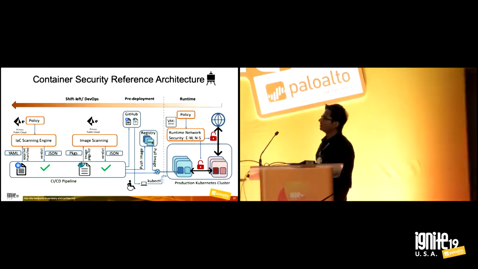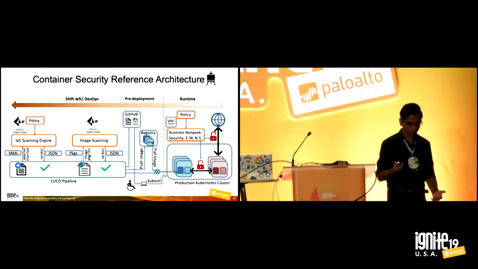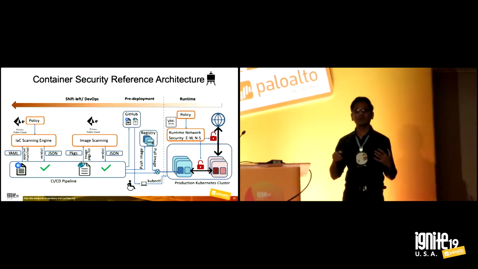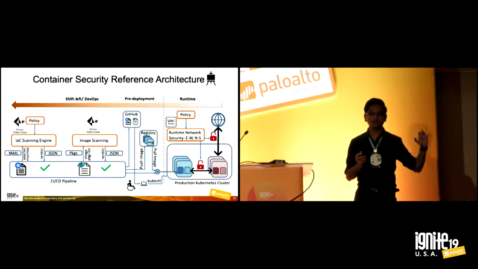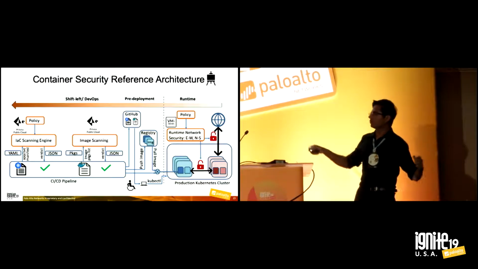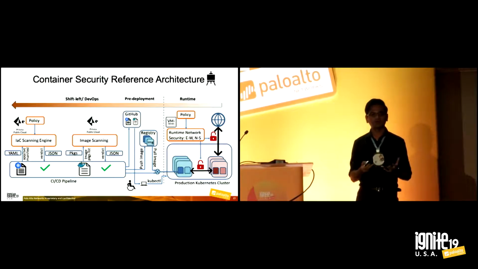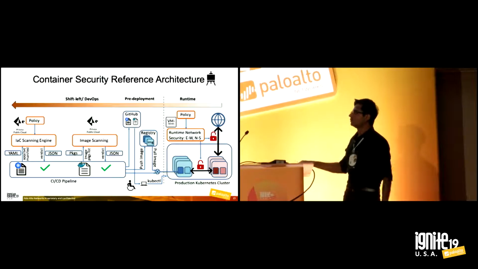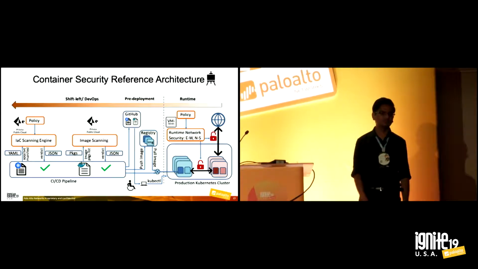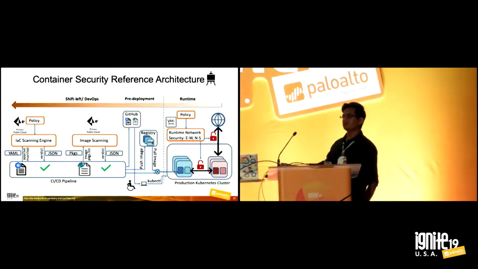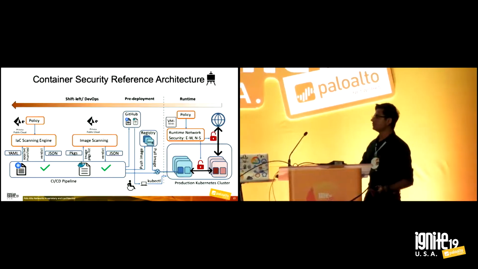So in this reference implementation, what we're doing is we're embedding those checks in the CI/CD pipeline. So your developer writes some code, but your security team works with DevOps to add these checks in the CI/CD pipeline. That means if it doesn't meet your requirements, it doesn't go through the CI pipeline.